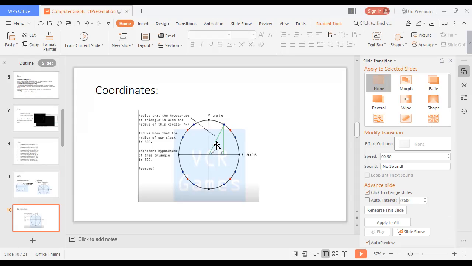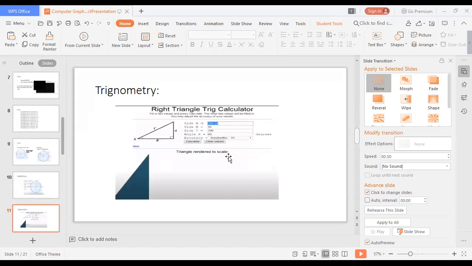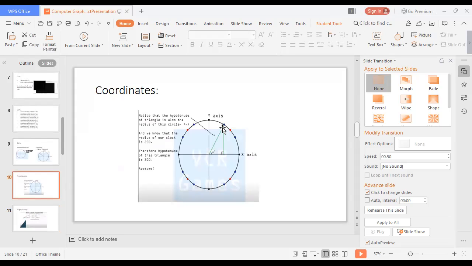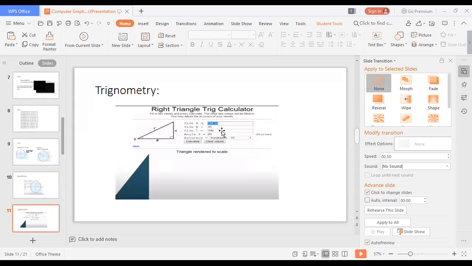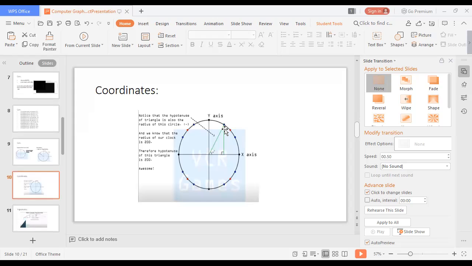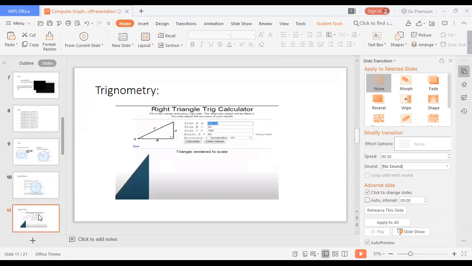And you can see it is the radius, the hypotenuse of the circle, and the hypotenuse is equal to the x-axis. And you can see we calculate it by using a trigonometric calculator. We gave the hour angle, which we calculated, 100 degrees and 190 degrees. There was a hypotenuse of 200, sorry, centimeters. And then we take 190 here because if we take 200, then the number will fall outside from this point. We want them inside this, so we take a slightly different hypotenuse, and you can see it gave